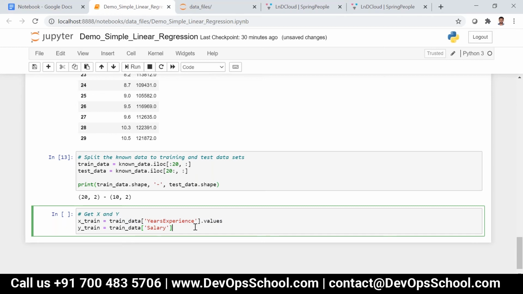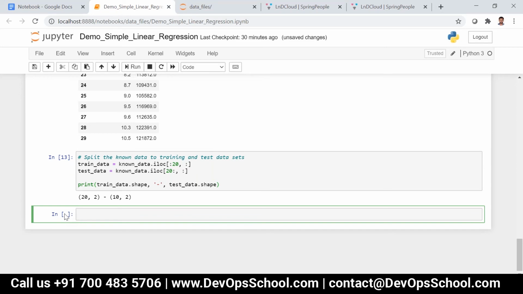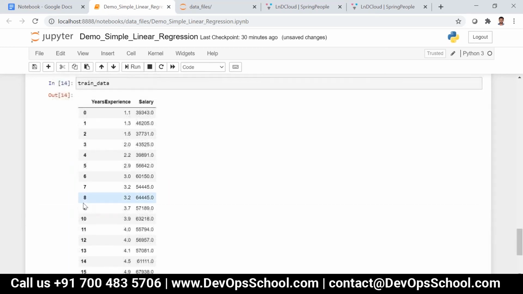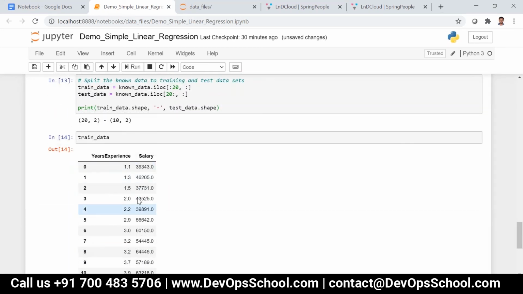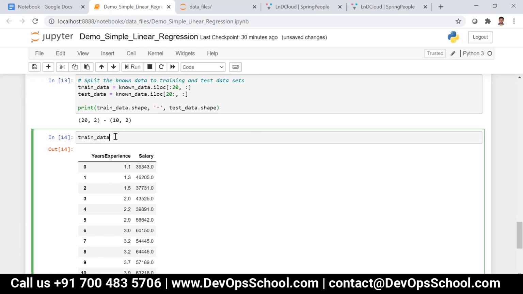Right? Correct. Or else, I forgot to tell one thing previously. Now this training data is a data frame, right? So I can say train_data.values directly. If you want to convert to a numpy array, I can just say train_data.values.